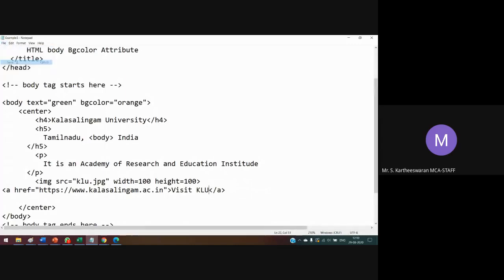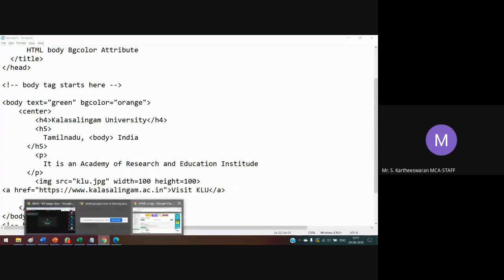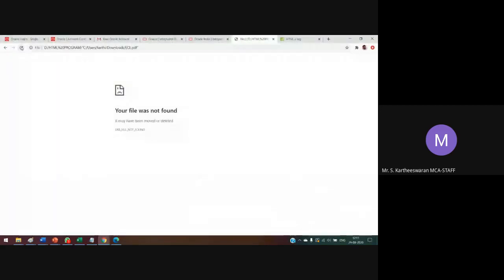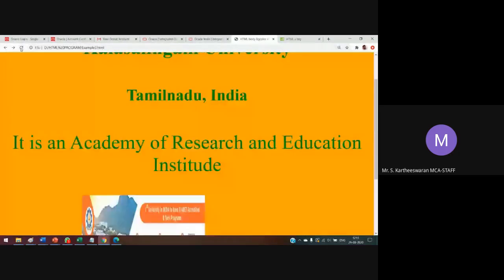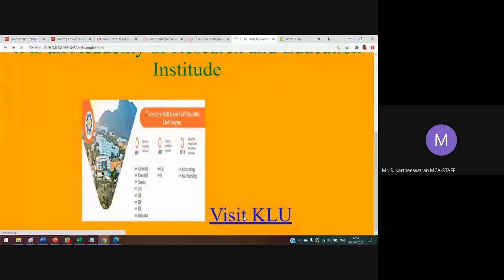Then we have to choose our own website, Kalasalingam University website. We have to check it. It will work. It directly redirects to the Kalasalingam University web pages.